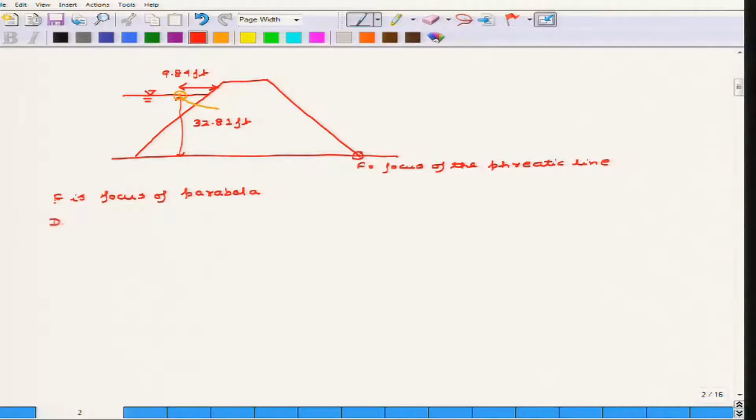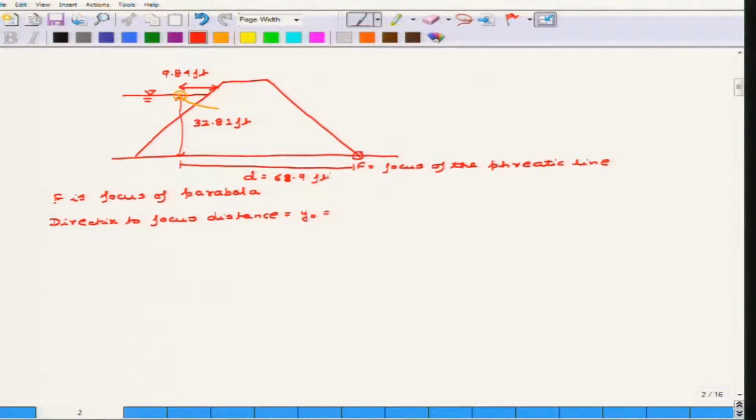So, taking a little bit of help from the mathematics, the directrix to focus distance is given by y naught. Now this length is d. So this is equivalent to